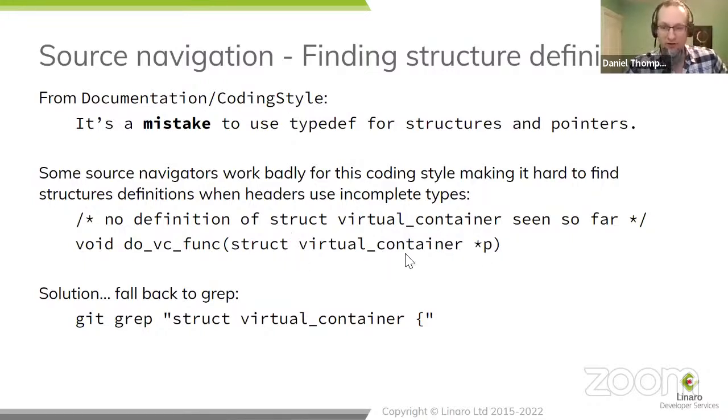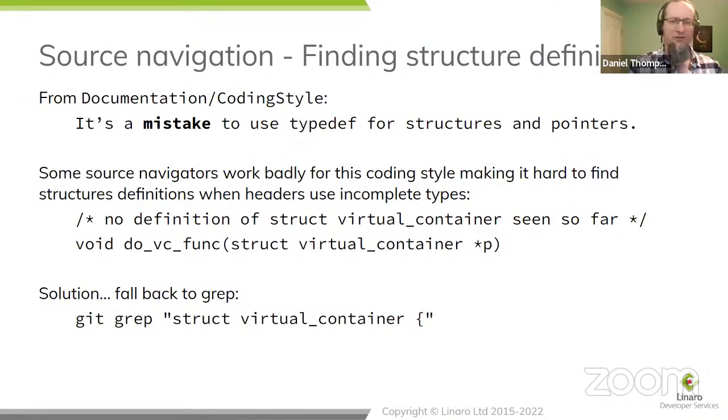Because we already know the size of P, it is going to be the size of a pointer. And until we start compiling the function inside this, we simply don't need a header to contain the typedef. So it allows us to decouple headers from each other, which is why the kernel adopts this style. But technically speaking, when this appears in a header file and we parse it in a C file, we are declaring that a virtual container exists. We're not defining it, we're simply declaring that the identifier exists.